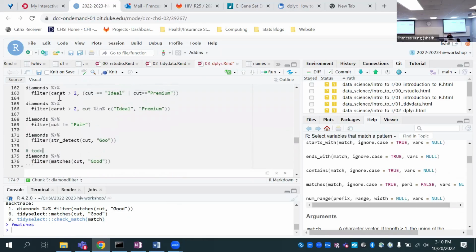Okay, so we now know how to select columns and filter out for certain observations. And we'll now go on after the break to talk about how to create new variables from existing ones and how to summarize these variables. Okay, it's break time. Feel free to walk around. We'll be back at the 4. So we have another 10 minutes.